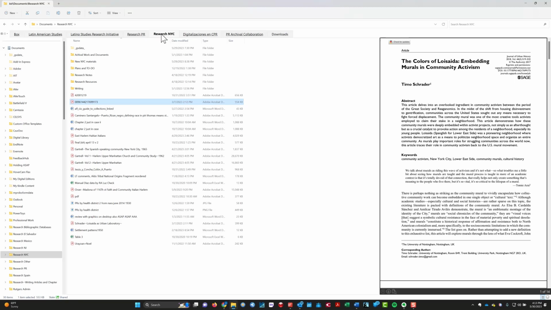In other words, under New York City, I have two books and articles and other products that relate to the project, mostly because they were researched together. So there's a lot of things in there that are not strictly speaking about New York City, but they are reflective of a research experience, which was coherent, right? And you can see here that